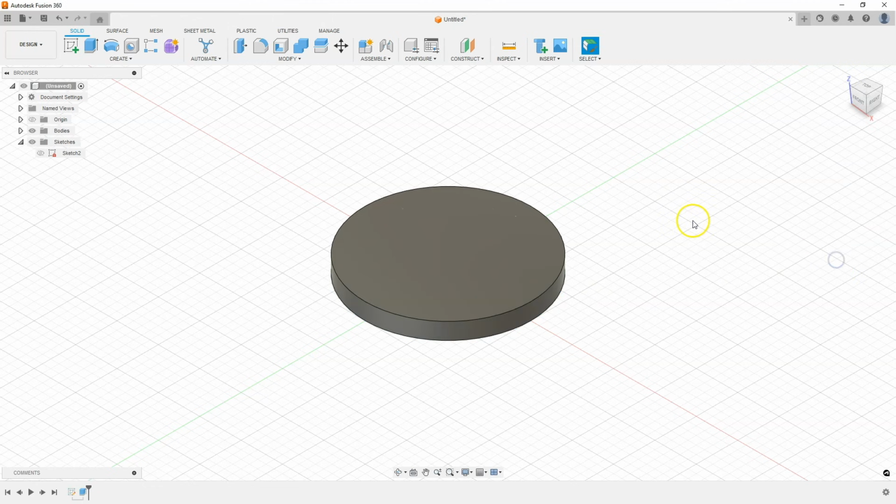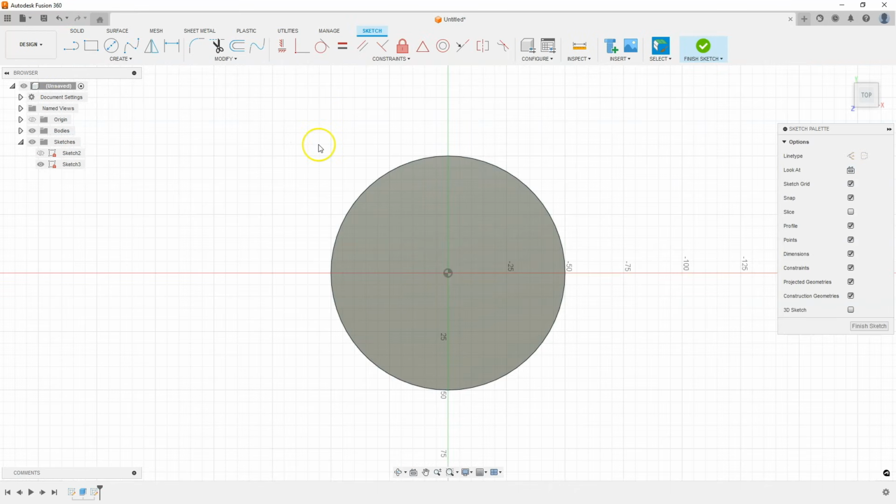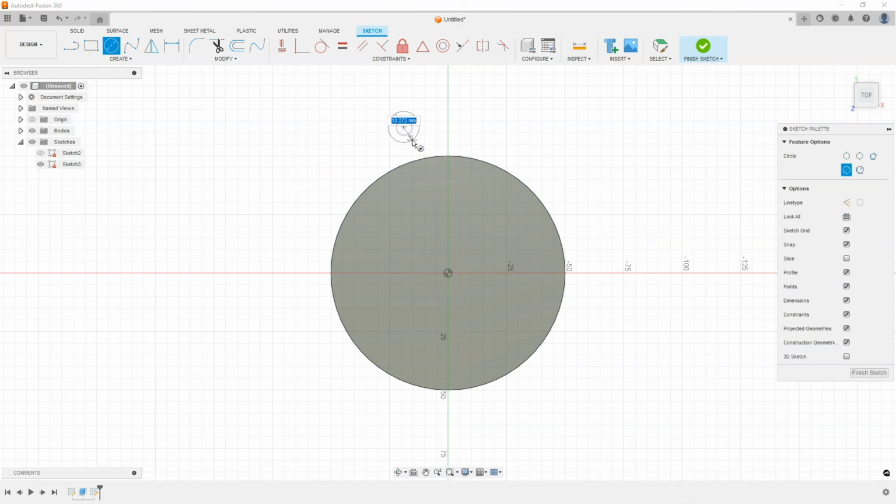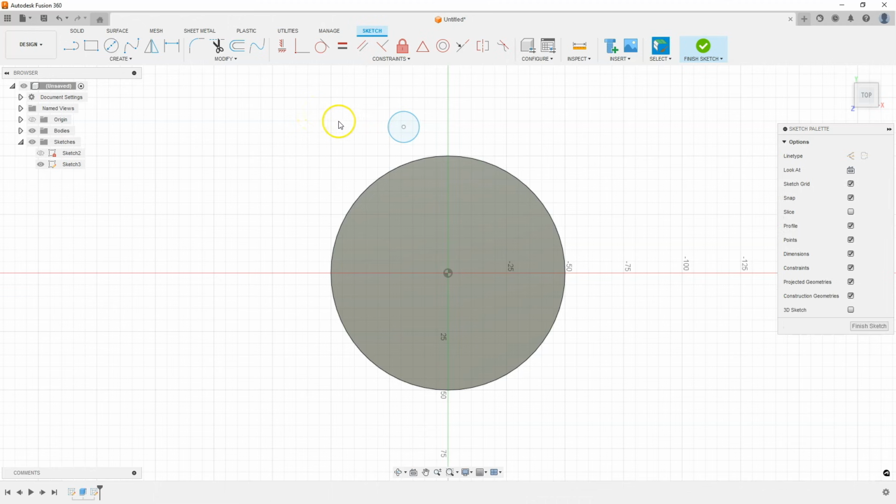OK. And now let's create another sketch. Select the top face of the solid and select Create Sketch. Then let's draw a circle. Cancel the circle drawing command by pressing the Escape key, then select Horizontal Vertical Constraint and select the center of